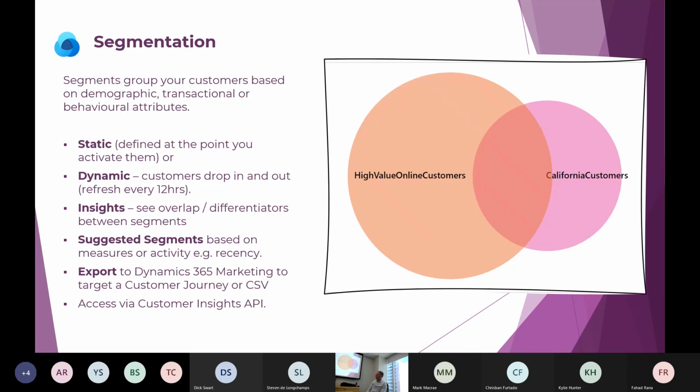In terms of the segments, think of that as your marketing lists, if you like. They're sub lists of your customers, quite valuable to a marketer to be able to have that information given to you, and not just based on proactive thought. I want to market to all customers who are based in Wellington. This tool will give you